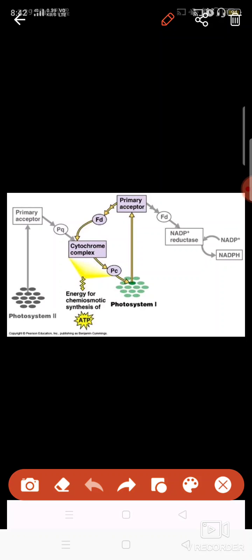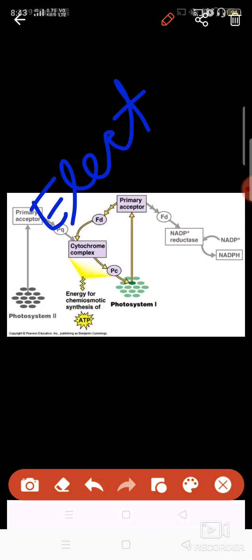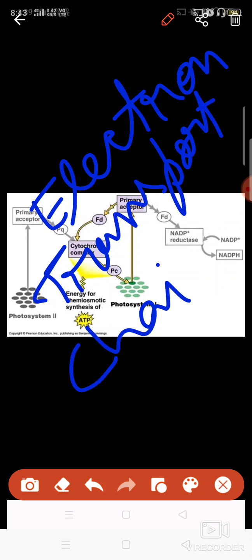Due to high energy, it gets excited and donates its energy to the primary acceptor. These are substances present in the membrane to which the energy is transported. So this electron transports its energy to different substances present there, and this line you are seeing here, this conversion of energy, this passing on of electrons from here to here, is known as the electron transport chain.